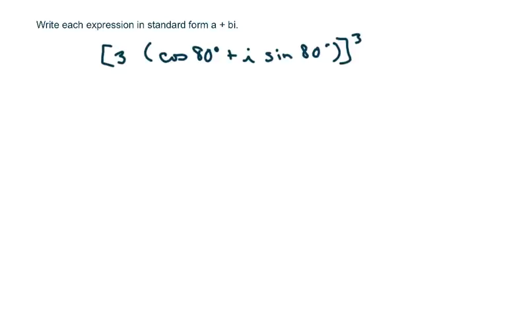Hi everyone, we're going to write each expression in standard form of a plus bi, and we're using De Moivre's theorem. Apologize if some of y'all don't think I'm saying it very well, but De Moivre's theorem. And we already went over the theorem in the previous video, so basically what you're doing is you're going to